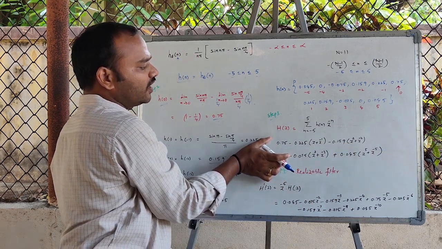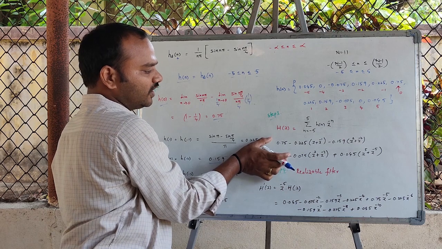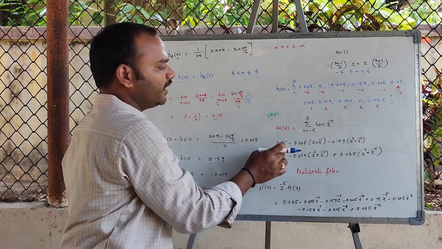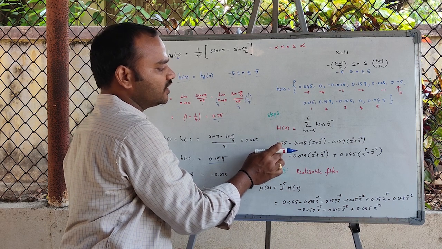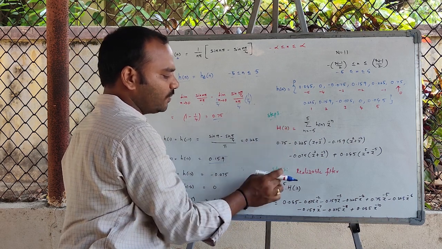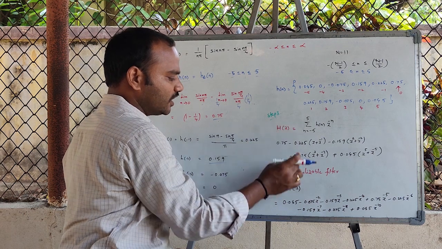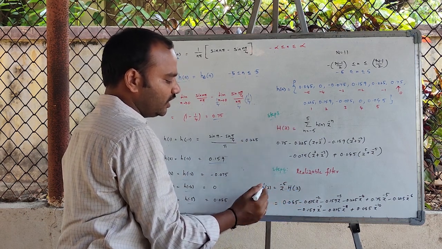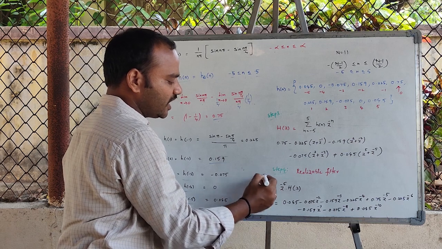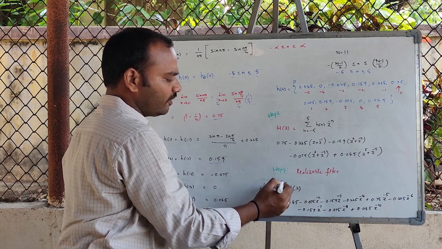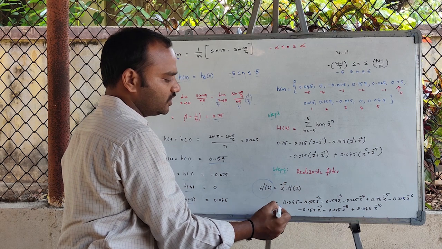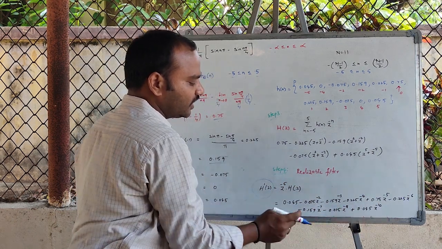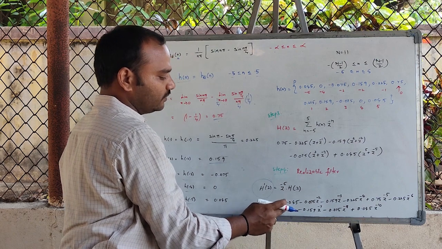This particular h of z, this filter cannot be practically realized. So in order to make this filter practically realized, what we need to do is, in step 4 we will multiply this h of z with z power minus 5. So the realizable filter is h dash of z, that is equal to z power minus 5 h of z. This is the transfer function of the filter that can be realized practically.